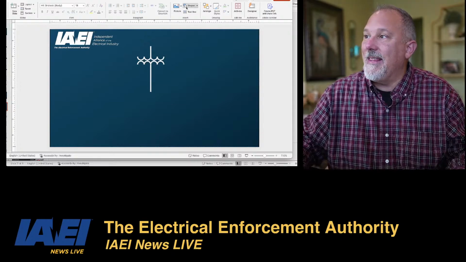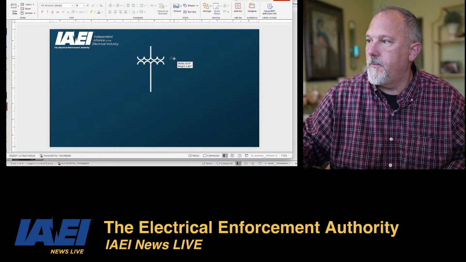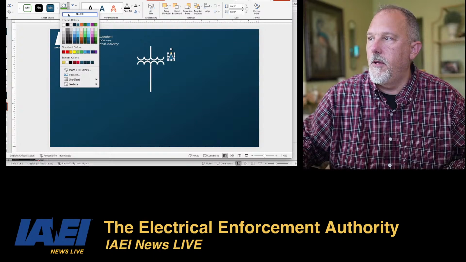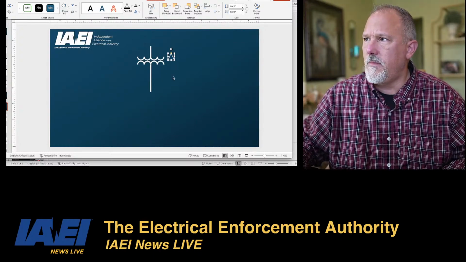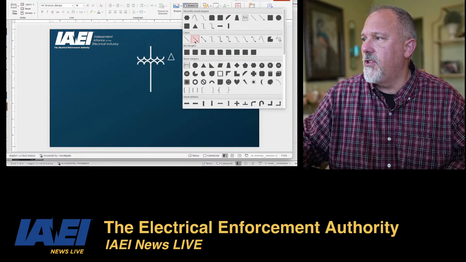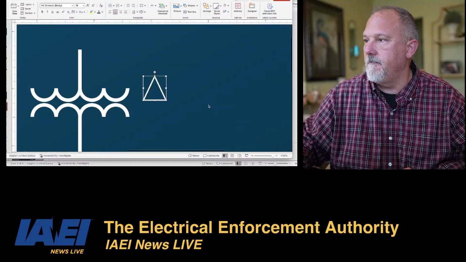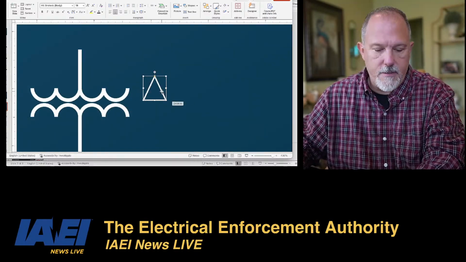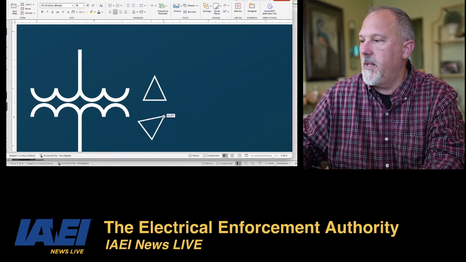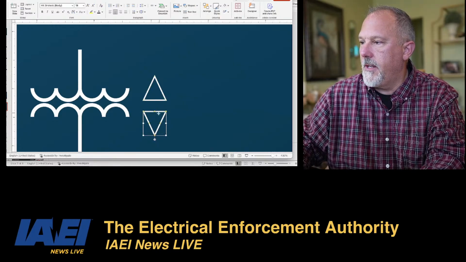And let's say that this is a delta Y ground transformer. Delta, boom, no fill. Oh man, how do I draw a Y? I am going to attempt this. Are you ready? Watch this. Here's how I'm going to attempt it. I'm going to do this, bring this down, and we'll spin it around. And we're going to draw some lines.